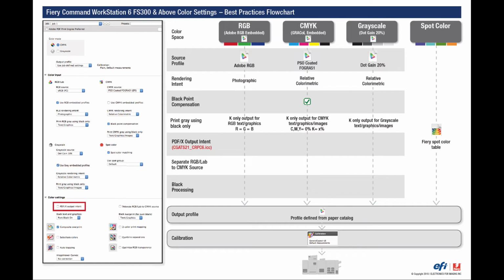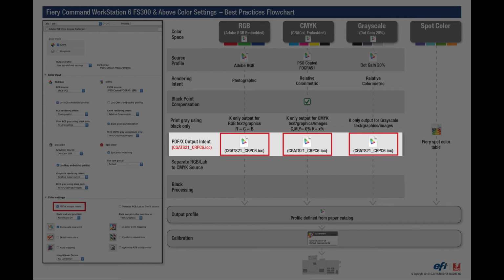So that is more or less all of the color input section that we have in the new command workstation for FS300. I'll talk a little bit now about these color settings at the end. The first one is the PDFX output intent. The PDFX output intent is actually an ICC profile that can be embedded in a PDFX4 file. This profile is embedded to say how I want the job to look no matter how I print it. So if I embed this new Grackle CRPC6 profile in a